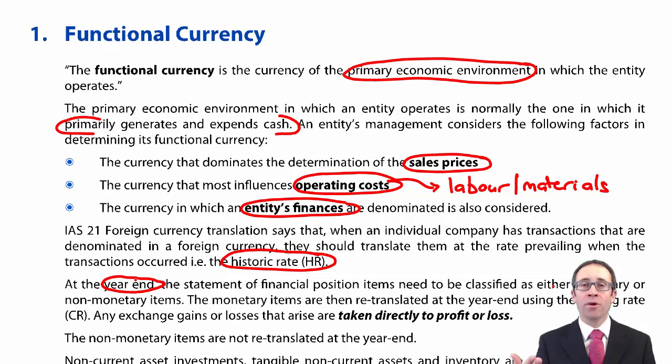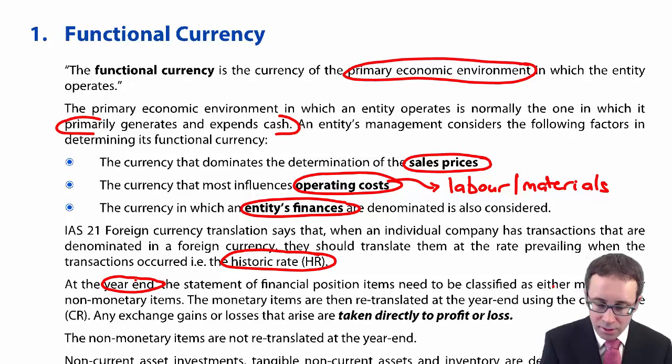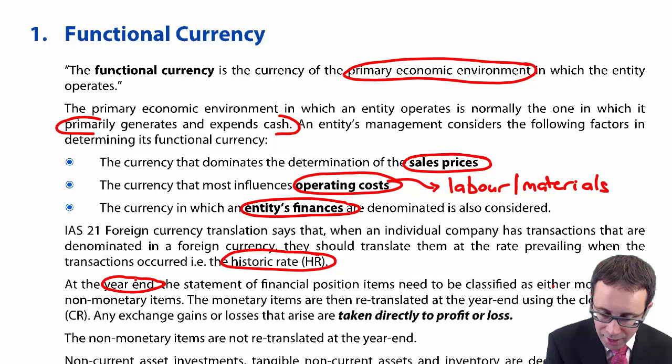Okay. Non-monetary is anything else. Again, in this exam, non-monetary tends to be: is it your inventory, investments, property, plant and equipment, intangible assets? They are all non-monetary because they are not readily convertible into cash. We use them within the business to help us try and generate, don't we, some profit or cash in the future. And the reason why we make the distinction is because when you go through there and look at the monetary items